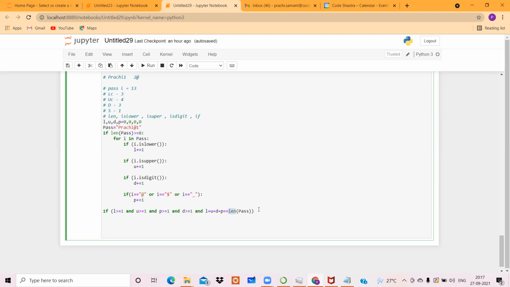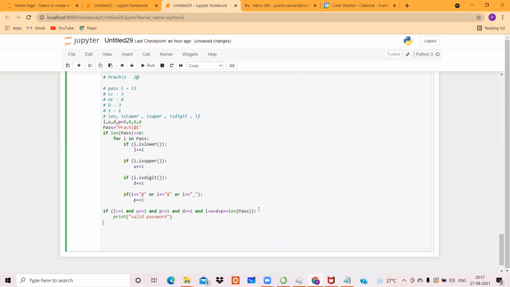If all these things are satisfied, then and then only you are going to print that it's a valid password. And if it is not true, then we can print that it is invalid password.